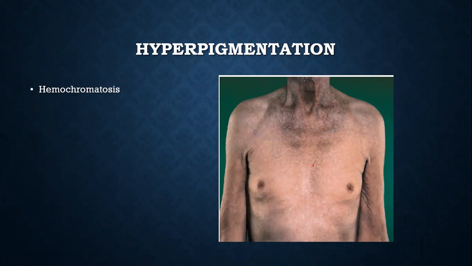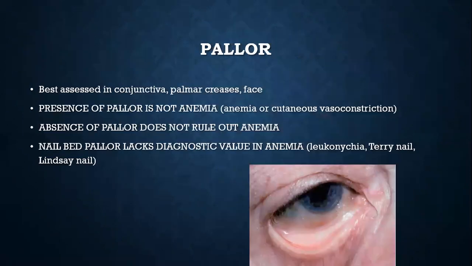A hyperpigmentation is something which we commonly come across. In relation to GIT, a hyperpigmentation is seen in hemochromatosis. We all know the excess iron will deposit in the liver, will deposit in the pancreas, will deposit in the skin. Deposition of this pigment in the skin will cause bronze discoloration. Deposition in the pancreas will cause diabetes. We call it bronze diabetes. And deposition in the liver will cause cirrhosis. So one cause of young age cirrhosis, one cause of young age liver disease will be hemochromatosis. Look for skin pigmentation in these cases.